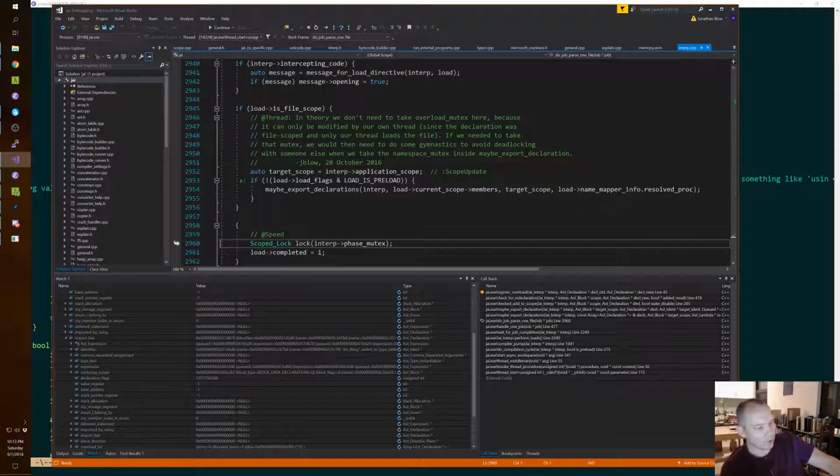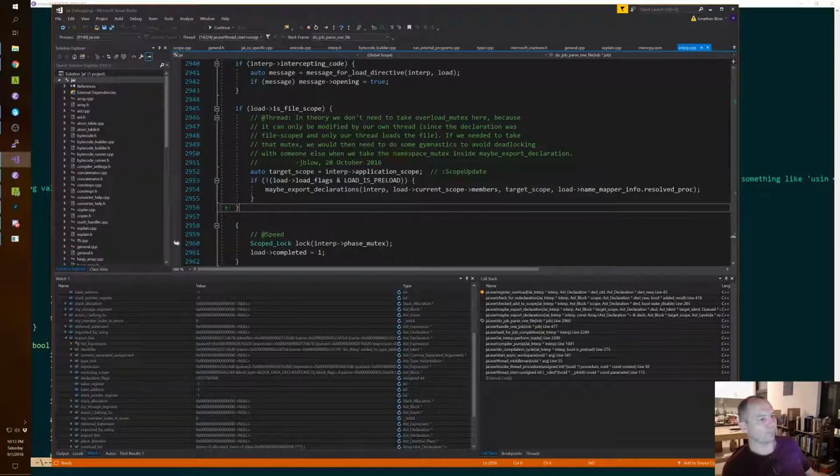Synchronize, add one declaration, unsynchronize, right? It's almost certainly going to be more optimizable and faster to do this. Maybe. Maybe not. I don't know. Unclear.